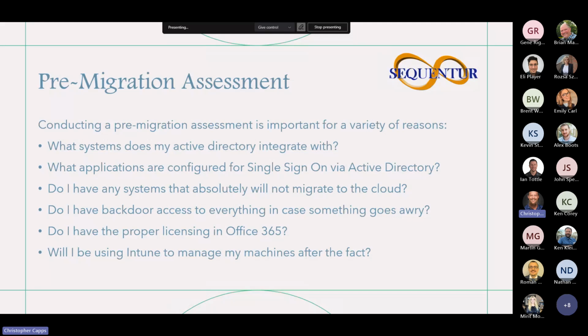This is probably the biggest question, because this question will determine essentially whether or not you can migrate to the cloud. When you have a lot of systems integrated into Active Directory, you tend to run into accounting software, client relationship management software, ERP systems, and sometimes those systems do not play well inside the cloud.